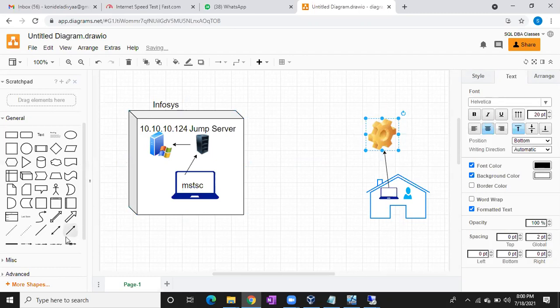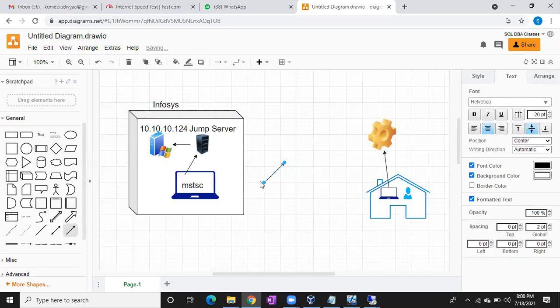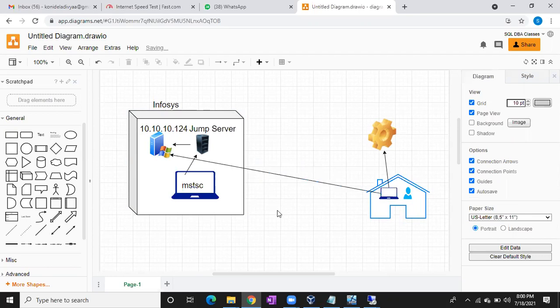Now you cannot directly access the servers from your home. It's not possible. So what do we have to do for that?